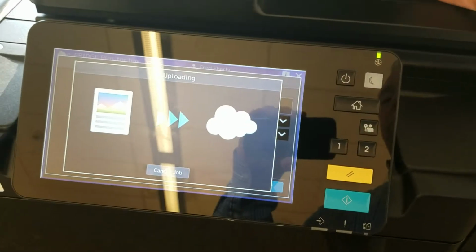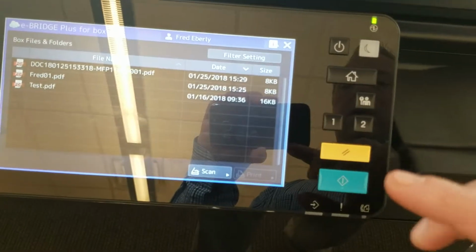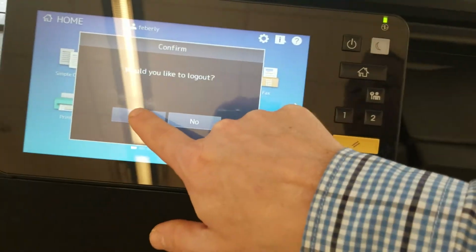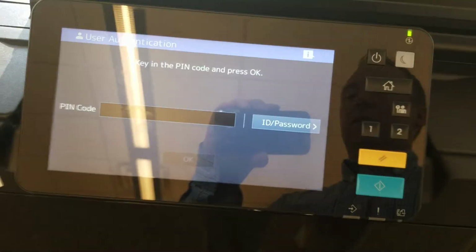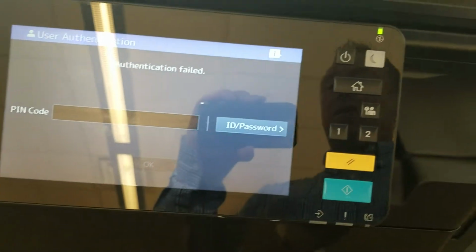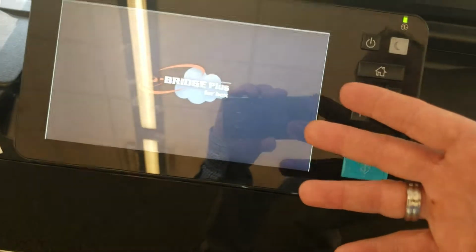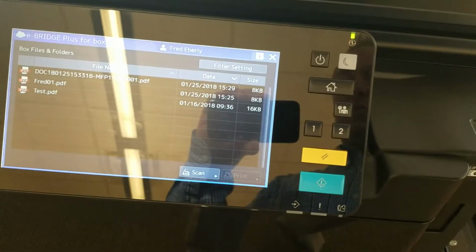So the cool part with the authentication is if I were not authenticating, a user would have to put in their username and password every time they want to access their Box account, which to me is not a functional system. It has to be very easy. So giving the ability to do a PIN code authentication and get right into my account is awesome. That is, if I know how to put my password in. So this makes it very, very usable, that each person's credentials will be stored on the